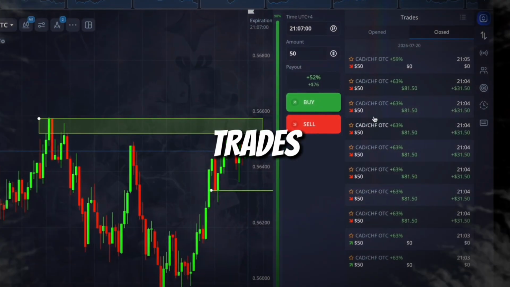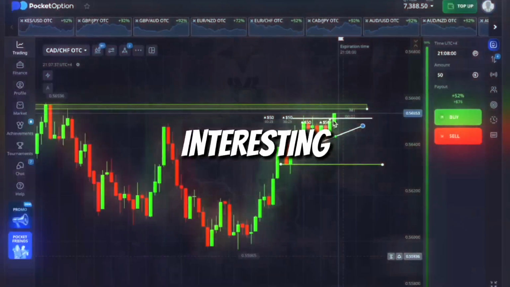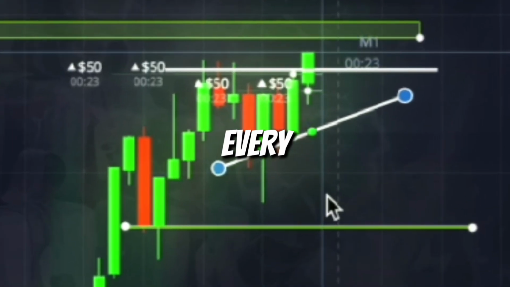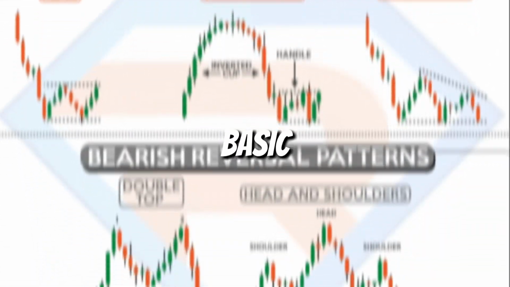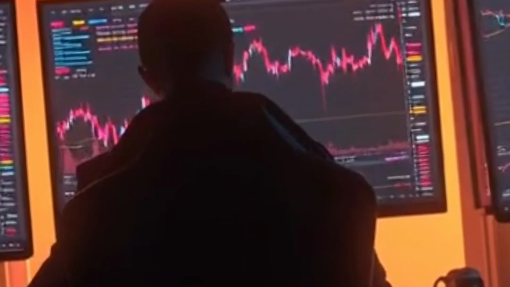I took 10 trades using the most common chart patterns and achieved 7 wins. The interesting part is that these patterns are very simple and can be found almost on everyday charts. If you understand a few basic chart patterns and know how to use them correctly, you can significantly improve your trading